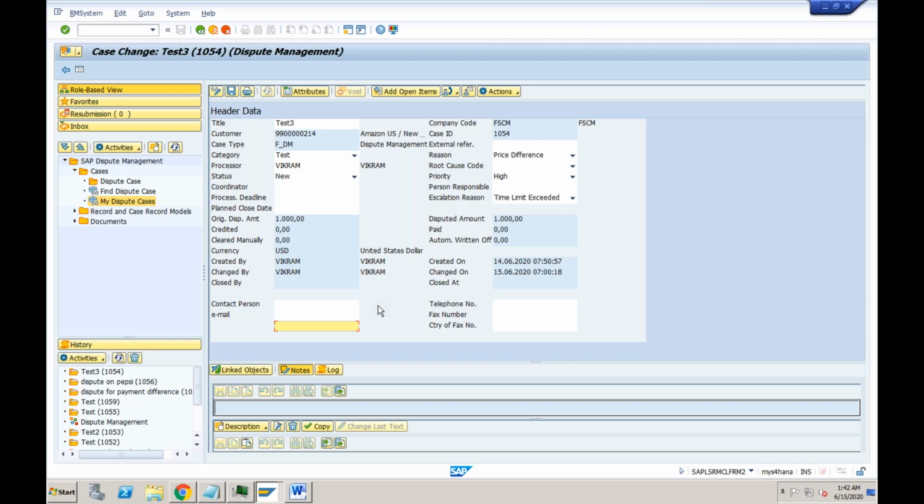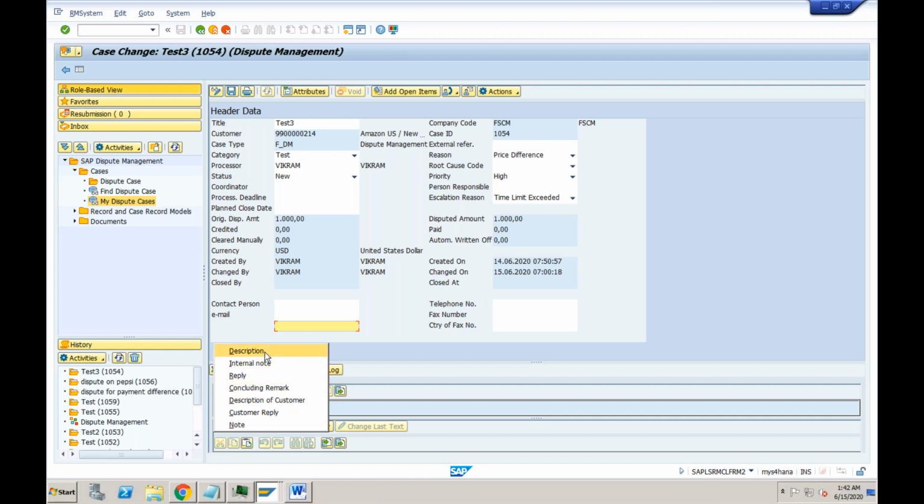Maybe they will also be sending you the mails that we agreed with the customer. So all those things you are actually going to capture in this particular dispute case. Whenever you get any input from the user, maybe from the sales team, you are going to enter that information in this dispute case. So you can segregate that information by what type of information it is.